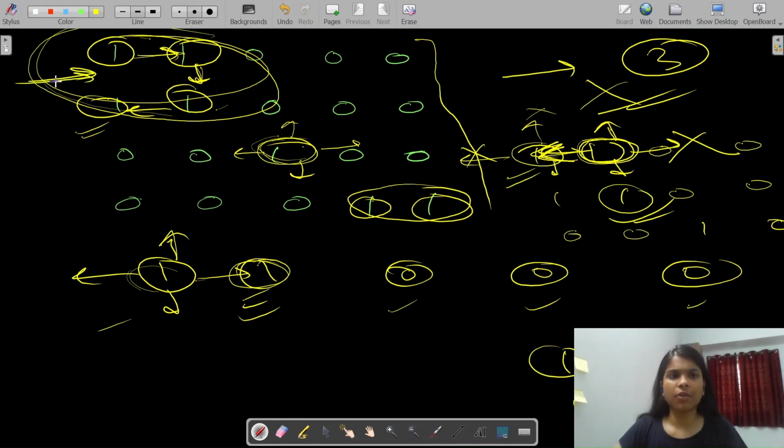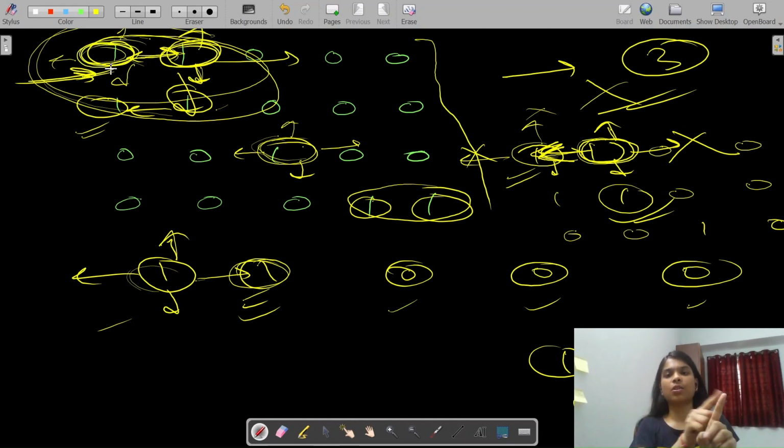We can just start traversing from this node. And if it is one, then we will continue to traverse in all the four directions. Okay, now we will reach this node. Now we will check whether the node is visited or not, because from this node all the four directions are possible, right? But if we go back to this node, then we will just get stuck in a loop like this. So we need to apply a check whether the node is visited or not.